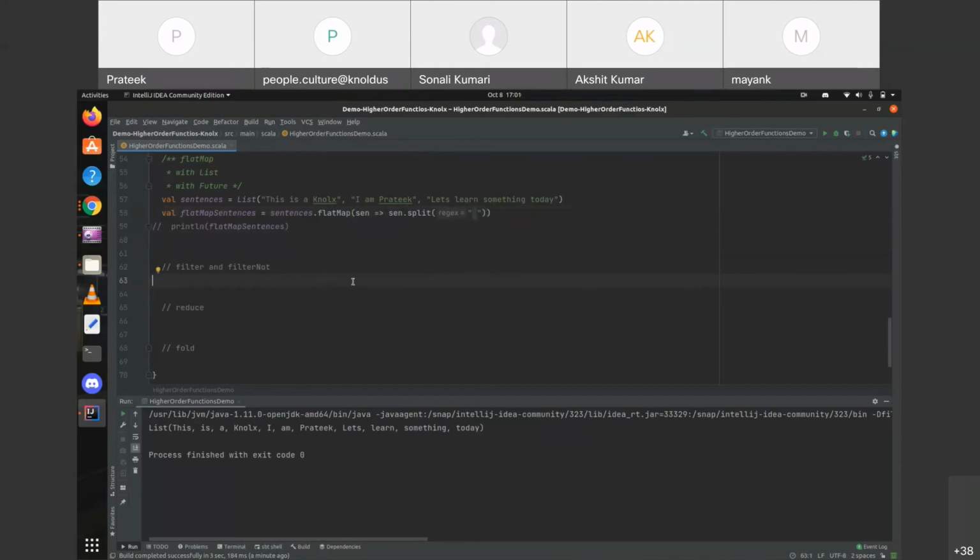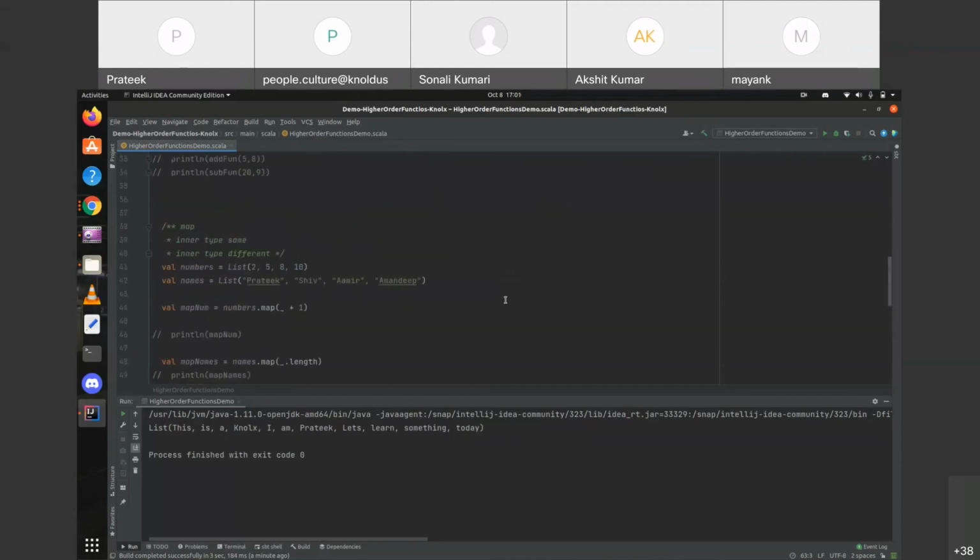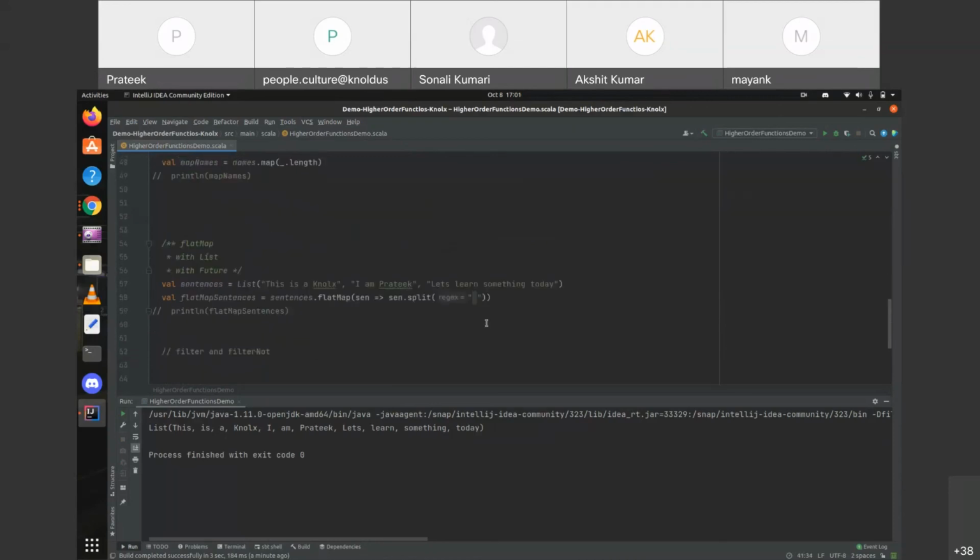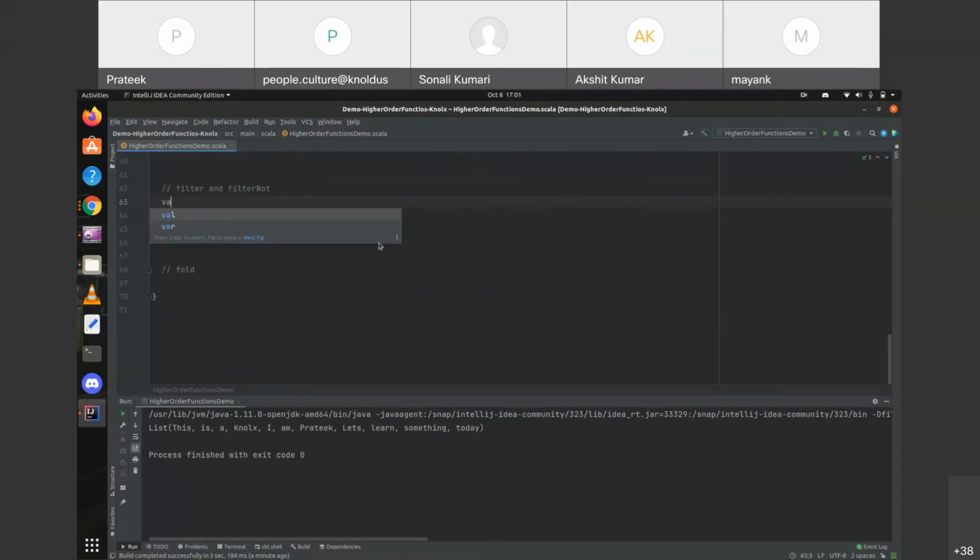Let's quickly see the example of filter. So let's use this numbers list here as well. Filter now equals numbers.filter, and we'll simply pass the condition here. Let's say it should be greater than 5.